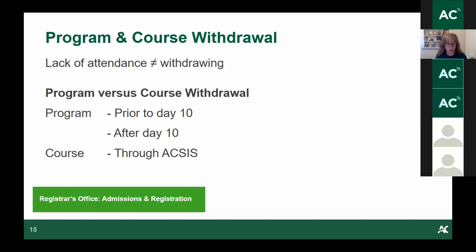The course withdrawal can be done through your Access account. So you can drop a course through there. Check your timetable, because it will show you what the academic withdrawal date is. If you withdraw from the course prior to the academic withdrawal date, a W will be generated on your transcript, which means that you withdrew. If it is after the academic withdrawal date, it will generate an F on your transcript, which will say that you failed the course.